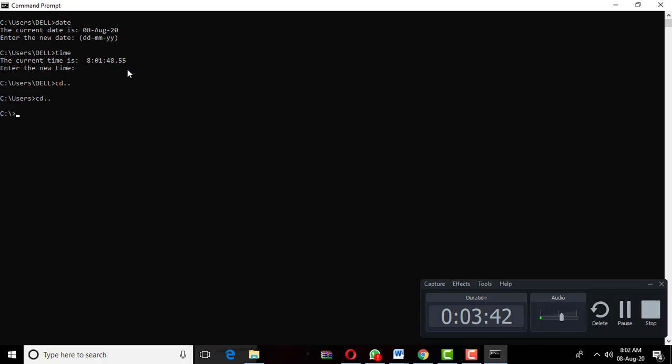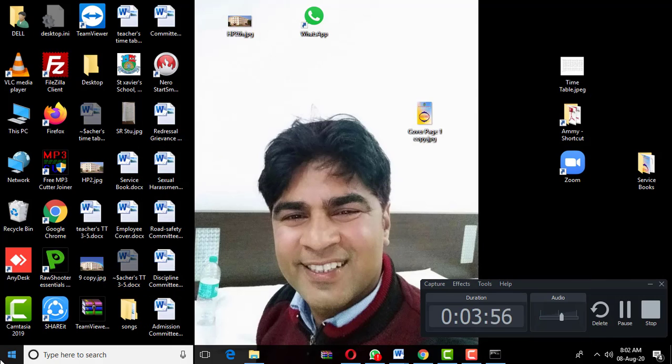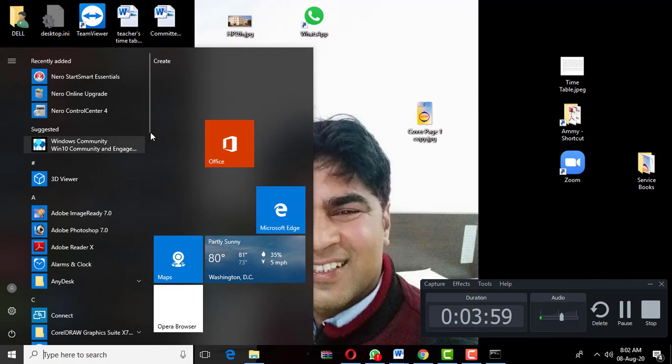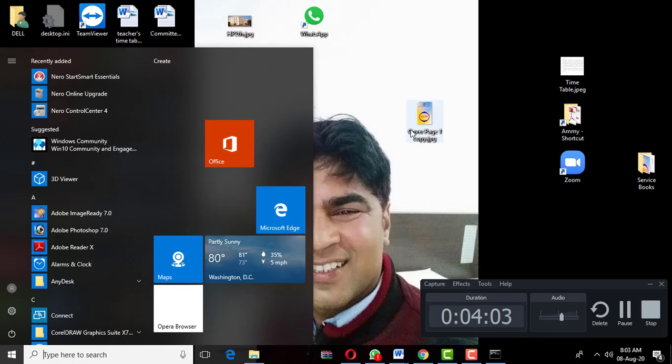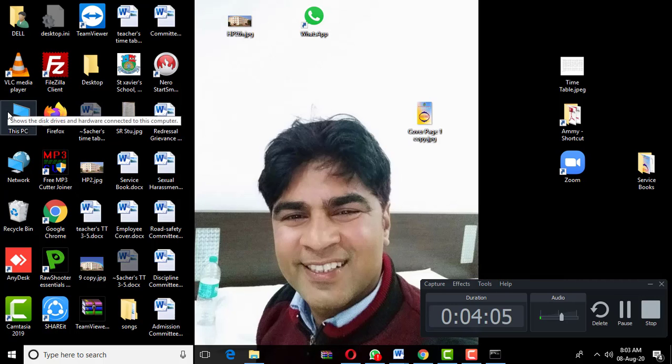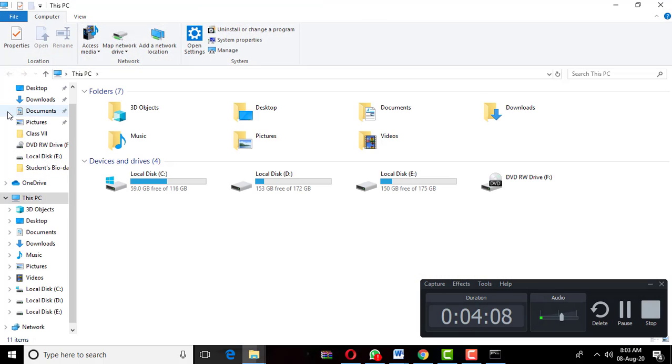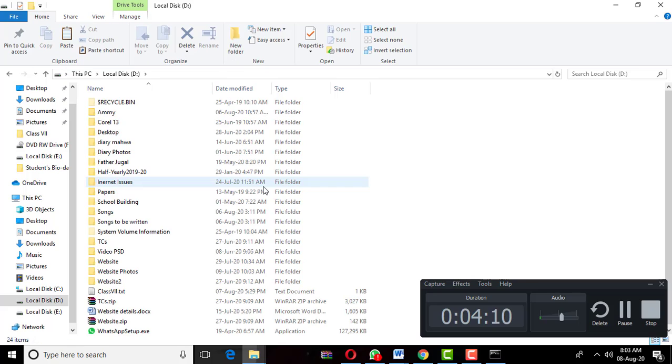So students, if we want to use the copy command, we have to do two things. First we need a file, and after that a source and a target. So first you have to have a file. Suppose first we check a file from local disk D. To check if the file is there or not, we have a text file in local disk D, a file called class 7th.txt.